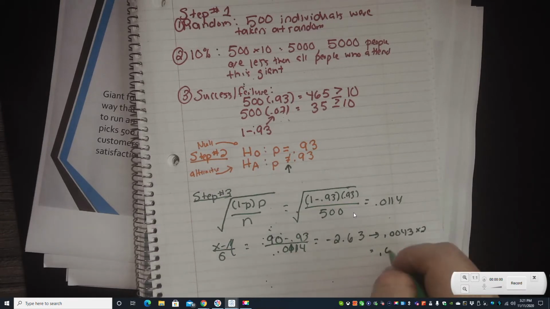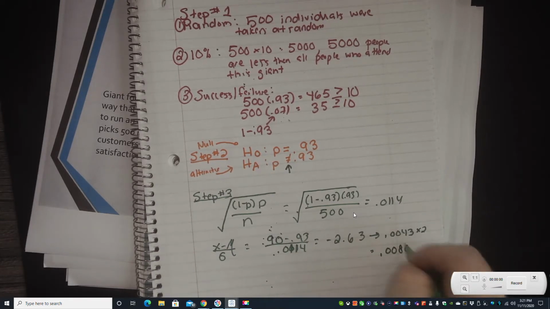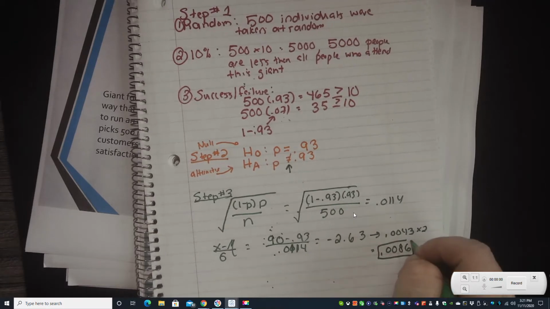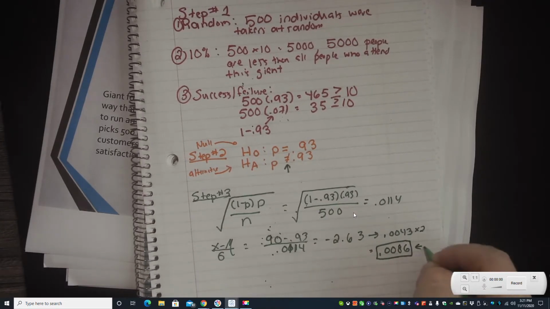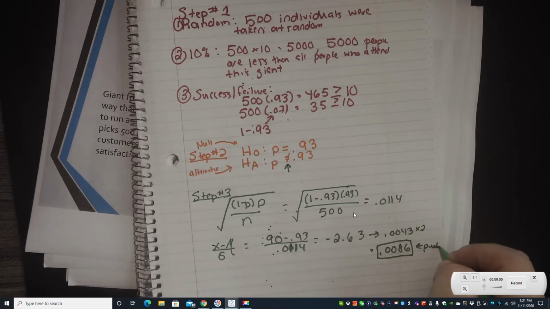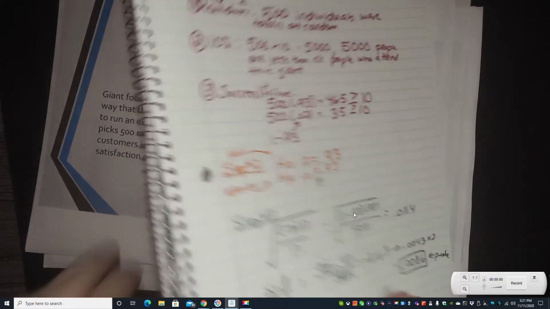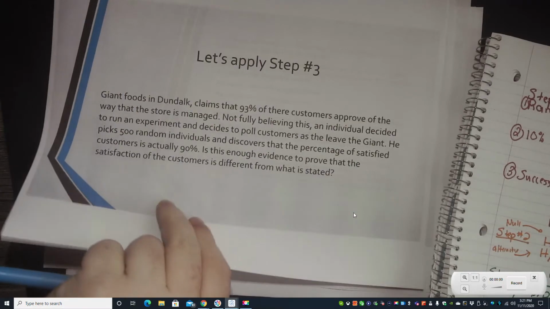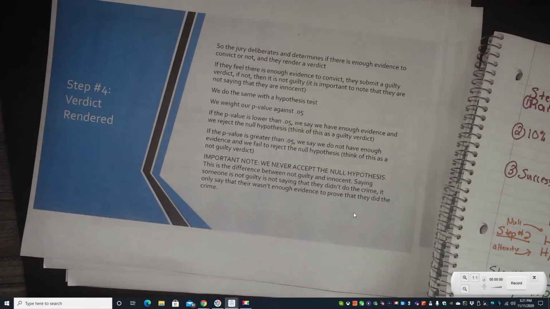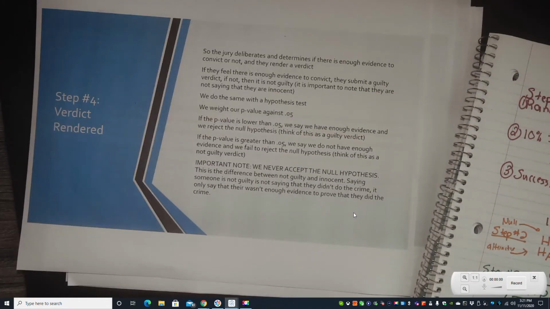So we're going to get 0.0086. And this is my p-value. This is probably the most work we had to do the whole entire situation. Okay, the last step, because there's 4 steps. Step number 4. So the jury deliberates and determines if there is enough evidence to convict or not, and they